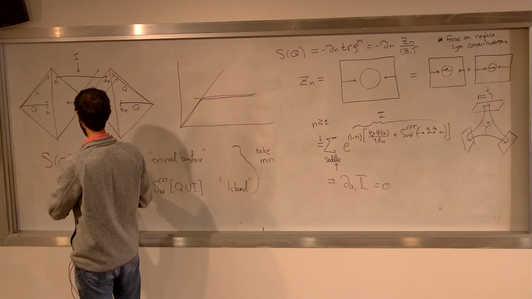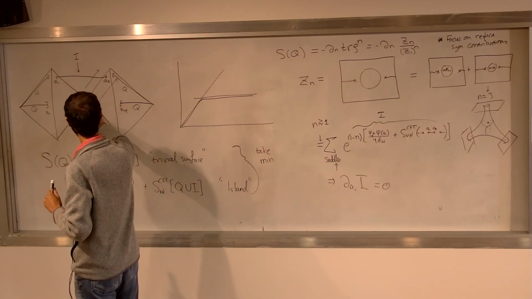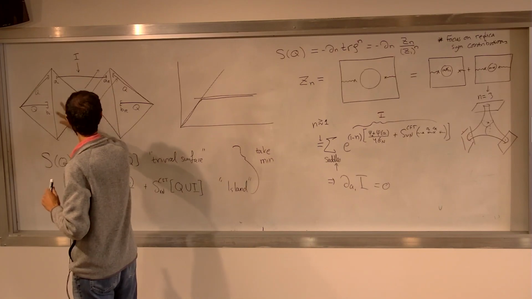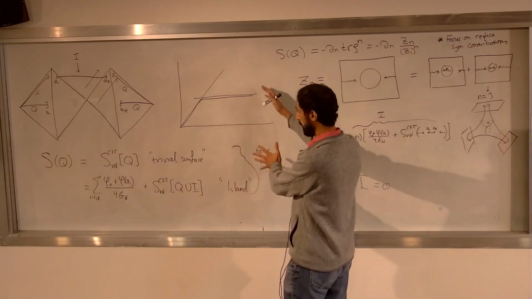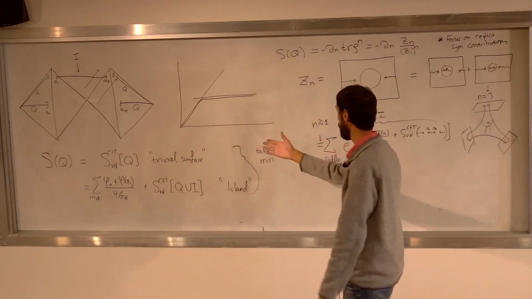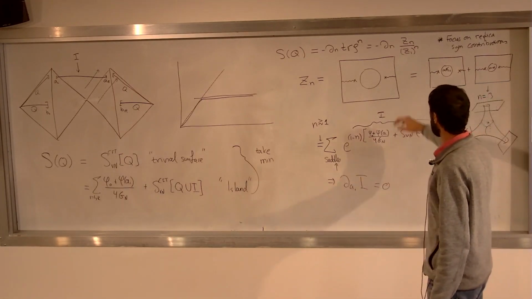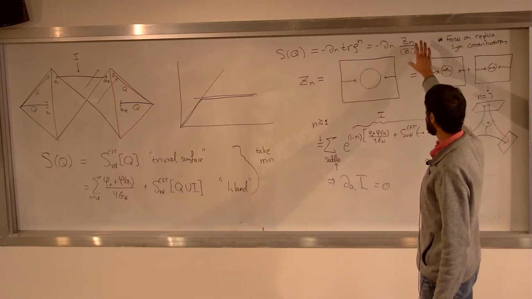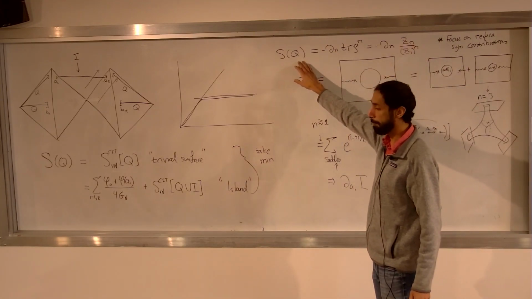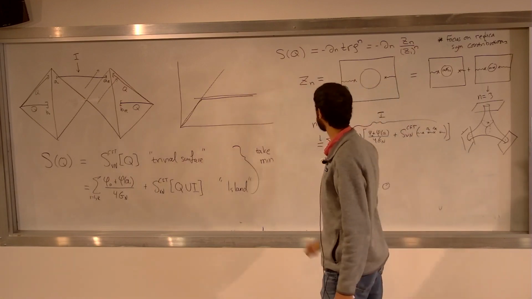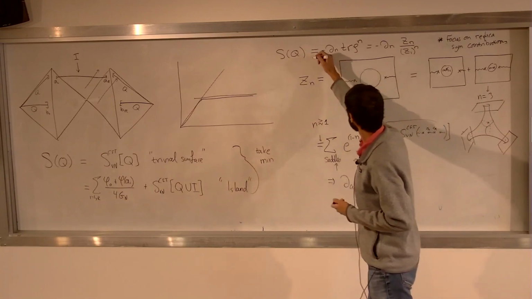Or maybe let me say it slightly differently. Let me come to your question in a second. Okay? First, this is an observation that this formula gives the right answer. Why am I calling a trivial surface an island? That's going to become clear when we carefully define what we mean by the entropy of the region Q in the bath. The way you should do that is by,